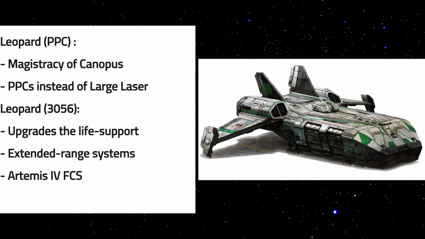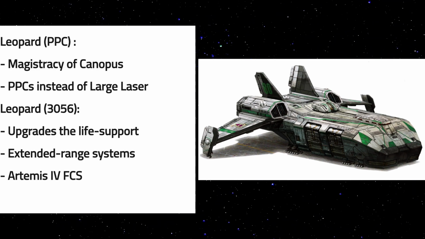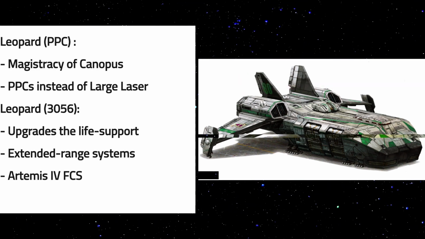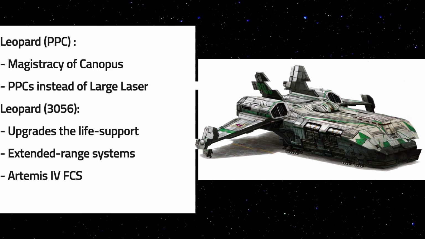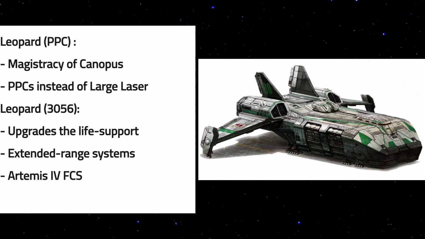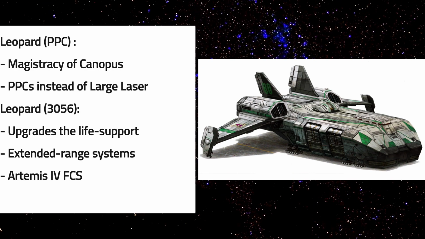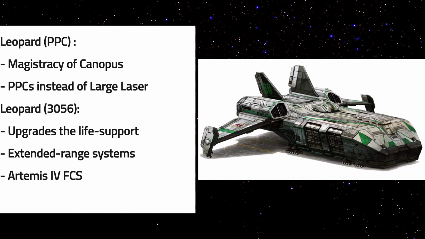The Leopard PPC. Starting in 2845, the Magistracy of Canopus modified a number of their Leopards, replacing the standard large lasers with PPCs. The Leopard 3056. An updated Leopard introduced by Arian Technologies in 3056 enhances the vessel's already superior weapon system